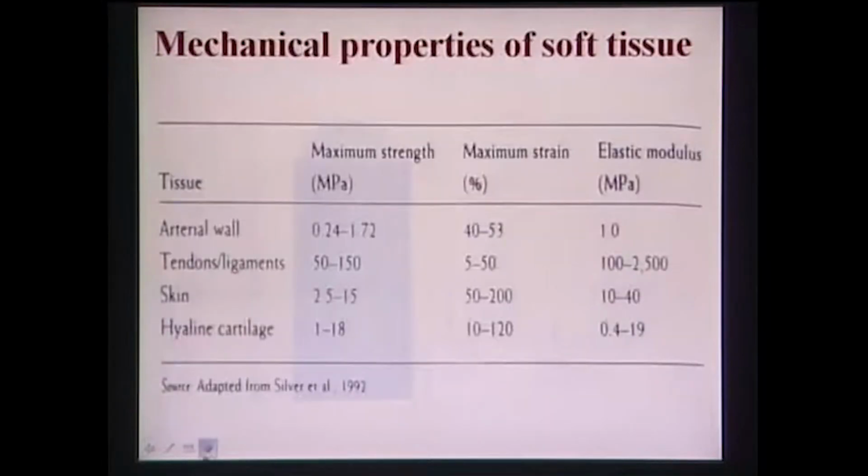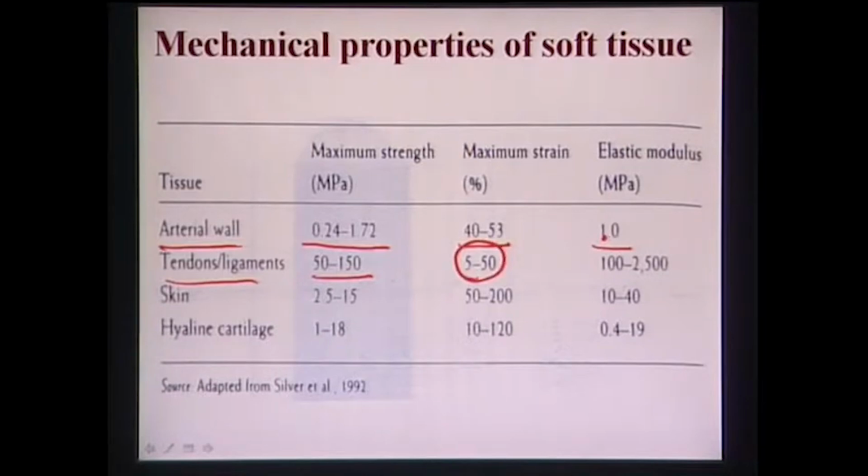Now, this is the complete range of some other soft tissues that are mentioned here, like the arterial wall. It has a maximum strength of less than around 2 megapascal. Maximum strain is 40 to 50%. Elastic modulus is 1 megapascal. It's so low. Tendons or ligaments have a maximum strength of around 200 megapascal, and the maximum strain is